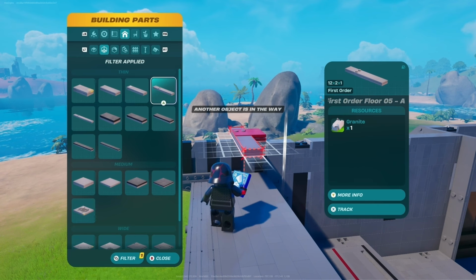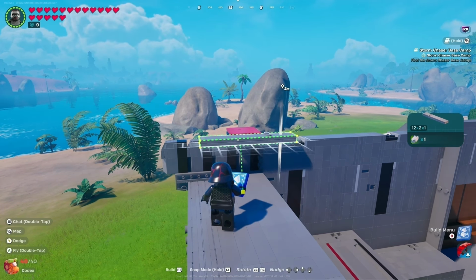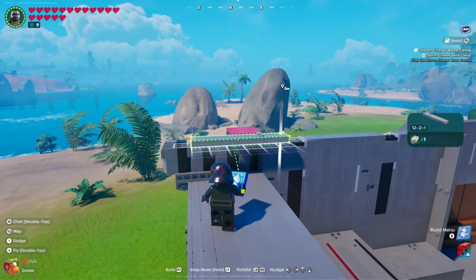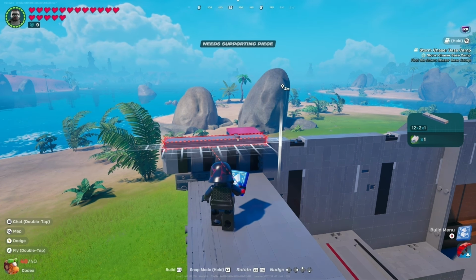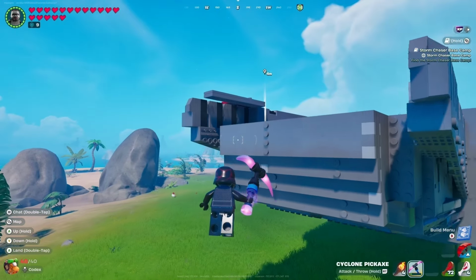Now let's take a 12x2x1 first order floor 5. We're going to aim right at where the pressure plate meets that wall, and we're going to rotate it. Let's bring this as far forward as we can. Now once you get here, it's going to turn red. Just bring it back one, because what we're going to do next is we're going to come underneath it,